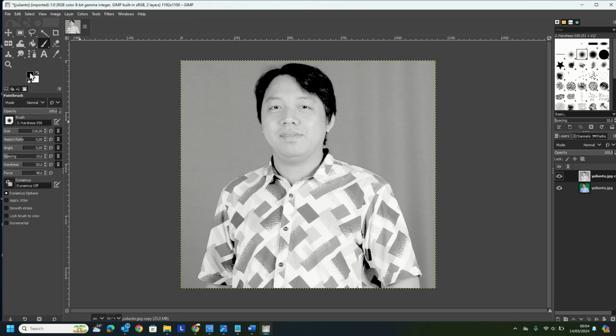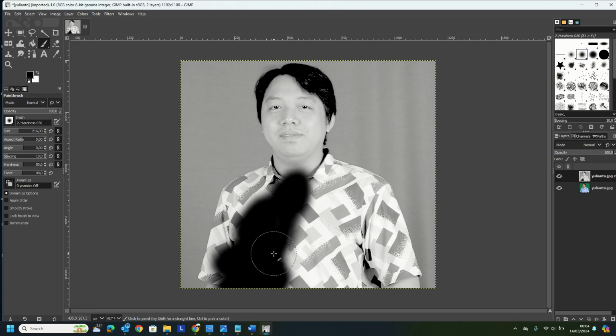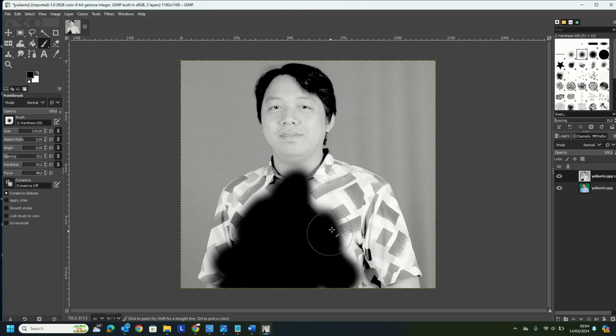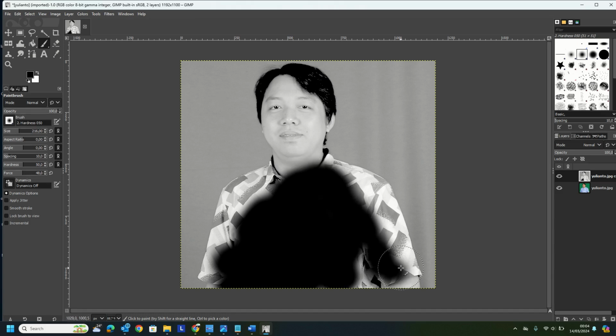Then I choose the foreground to be black, and I will colorize the object black, maybe like this.